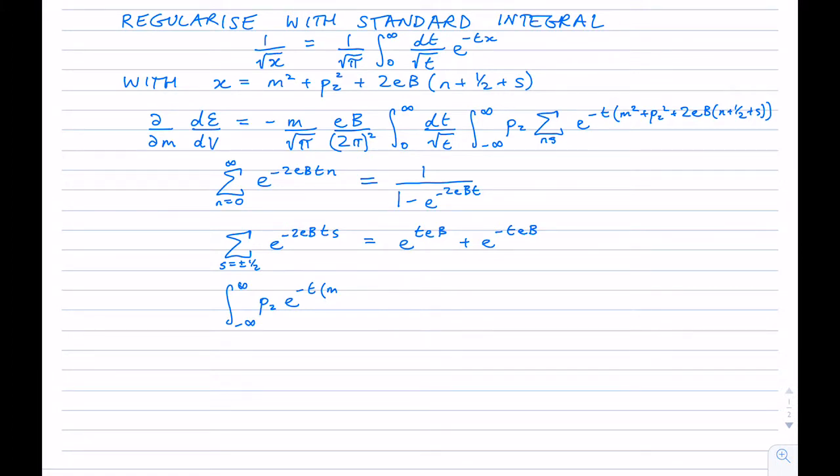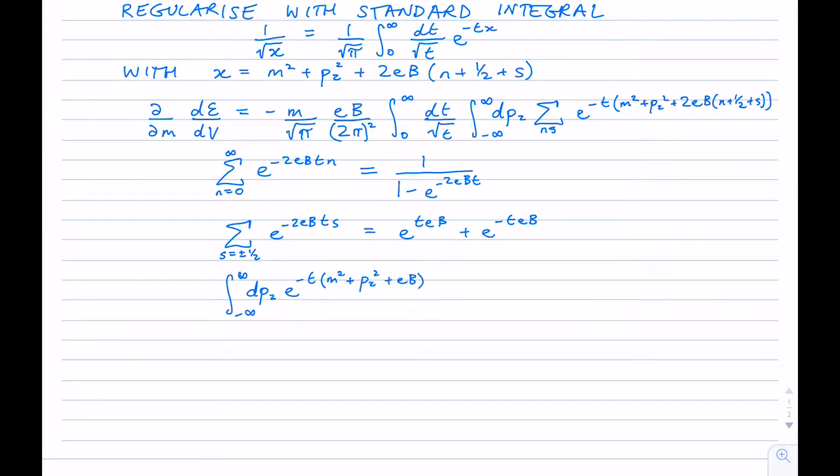Sorry, that should have been dp, obviously. And that integral is simply, take that part out, and the integral of minus p squared times t is a standard integral that we all know from first year or second year, and it's square root pi over square root t. So putting all that together, we get,